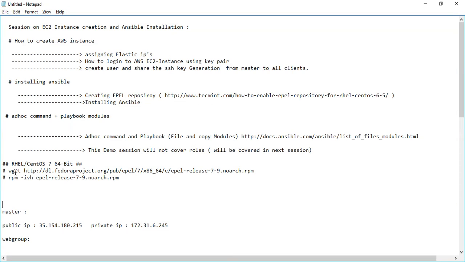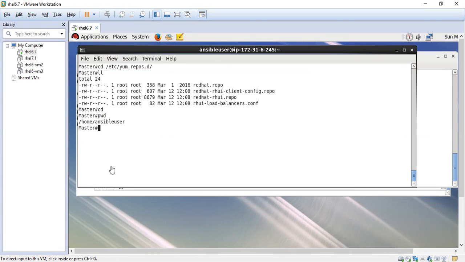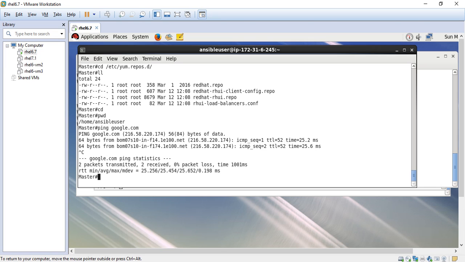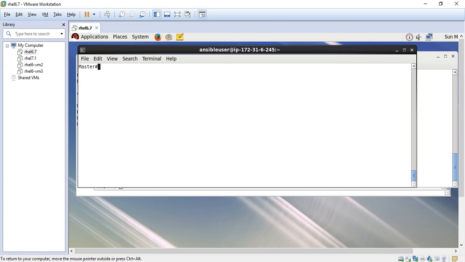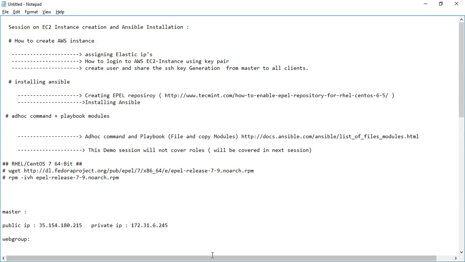So these are the steps. First, we need to get this wget. First, let me see if you're able to ping google.com. Yes, it is reachable. Clear. So first, what I need to do is install this